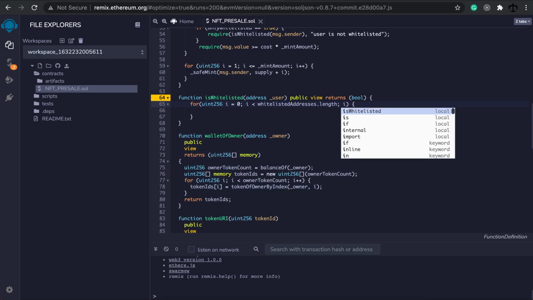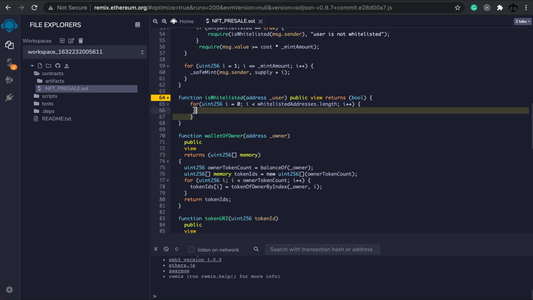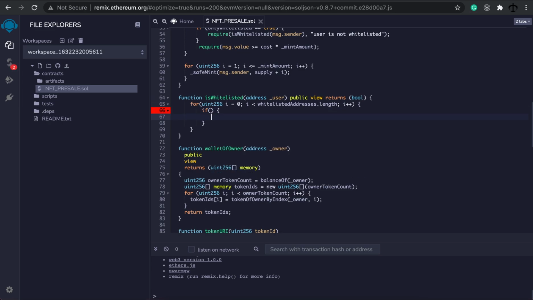And then we're going to increase our i variable, meaning that it's going to come in here, it's going to see it's 0, saying if i is less than the length of this whole array, it's going to go in this loop, do its thing, come back, and then increment right after. All right. Next, we want to put an if statement inside of the loop, and the reason for that is